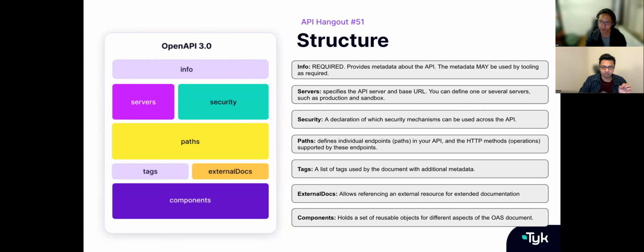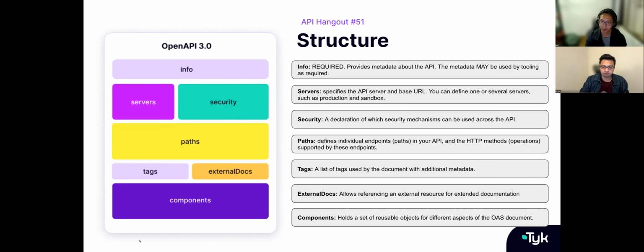You've got a security section, which talks about a declaration of which security mechanisms can be used across the API. We'll see the definition of that. Again, this is an object where you can define multiple mechanisms as well if you wanted to. You can leave this empty in case you want this to be a completely open API without any restriction, publicly available. But if you are defining a security method, then that has to be described further under the component section, in terms of your security schemes.